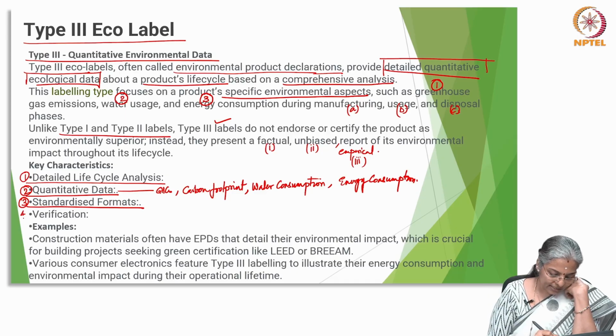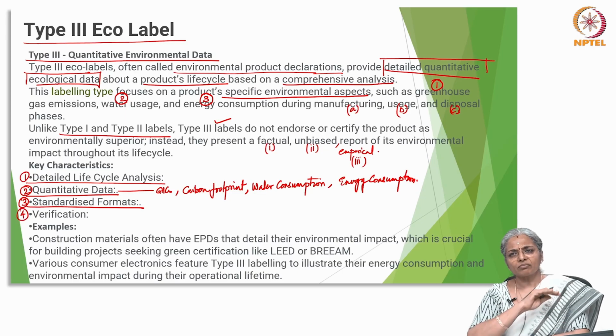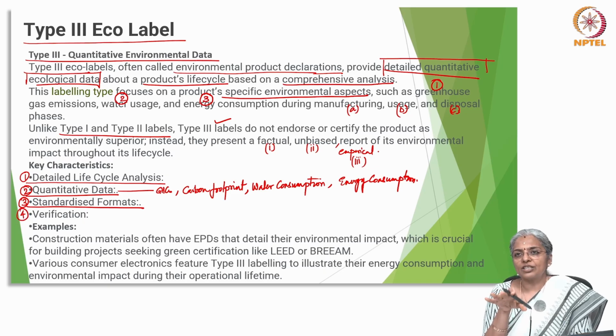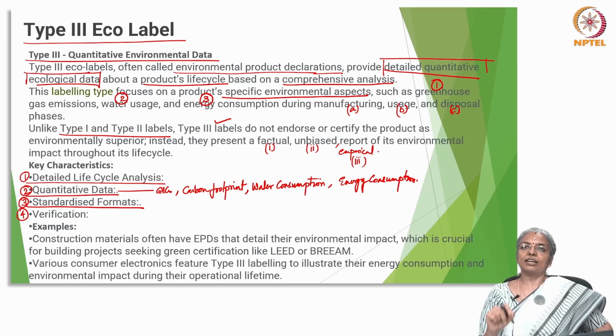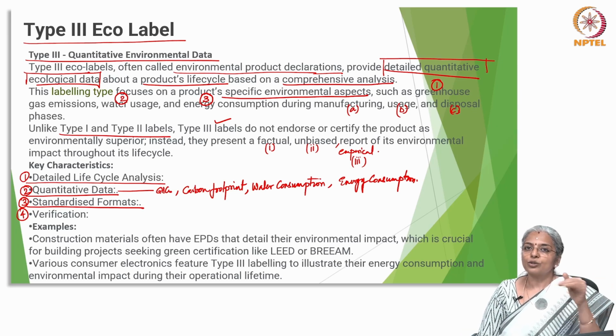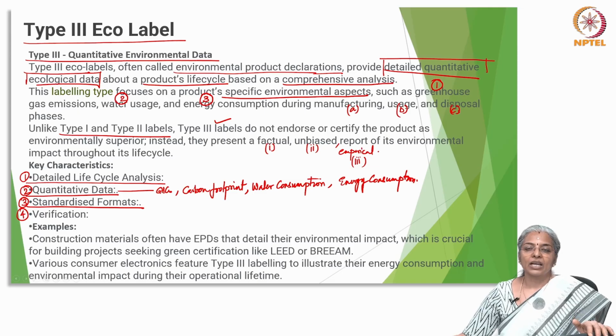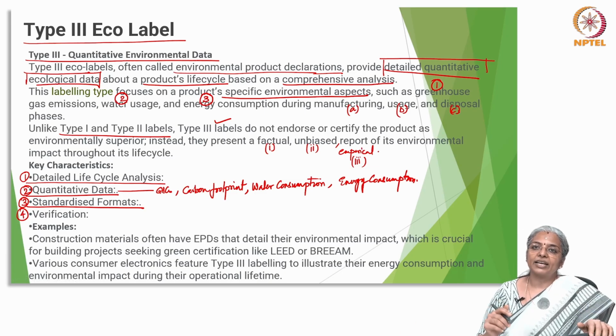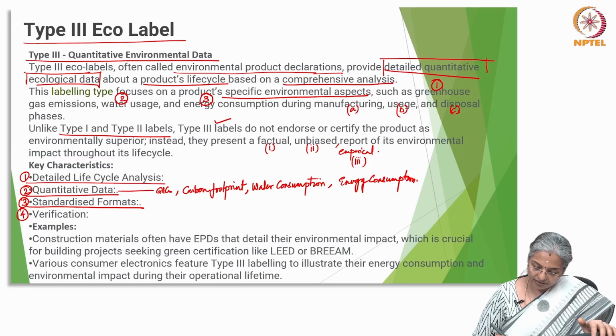Then fourth is verification. So, even though the manufacturer provides the information, this is typically verified by a third party to ensure that the information given by the manufacturer is accurate and correct. So, it is verifiable. Now, an example of this is, say, construction materials, which often have EPDs that detail the